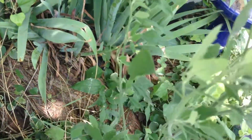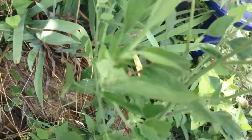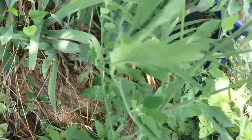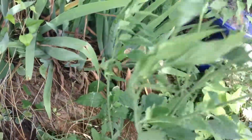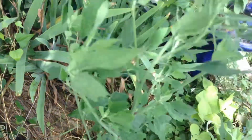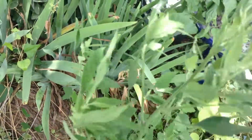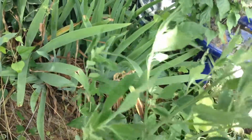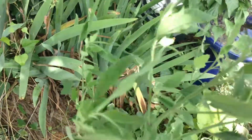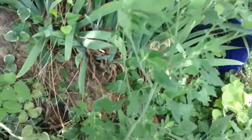Now, the thing about this particular plant, it also has two lookalikes that I'm familiar with, and there may be more, that kind of mimic the look of this plant. So you have to be very careful when you begin foraging. Make sure that you know someone that really knows plants well. There is a silver leaf nightshade that gets mixed up with it, and then what I call a false poinsettia. I don't have any growing right here so that you can see, but I want you to look at